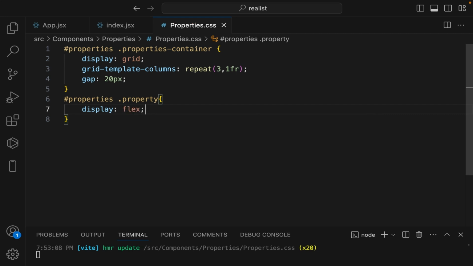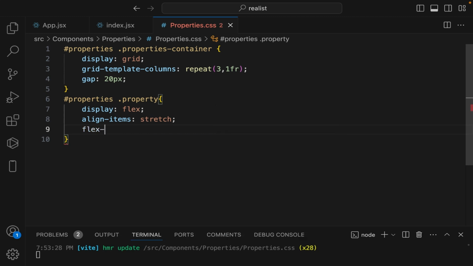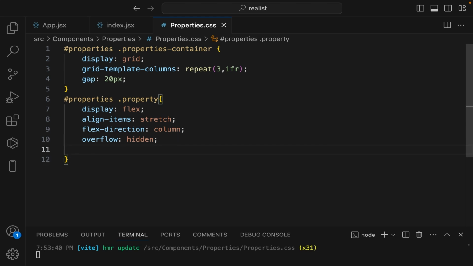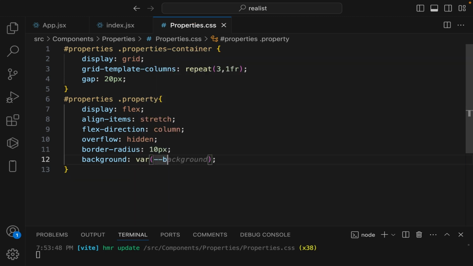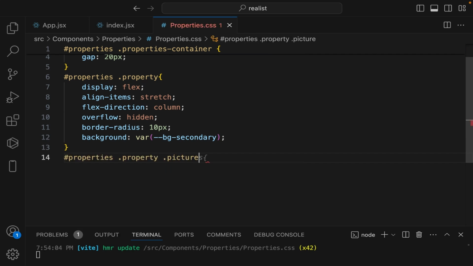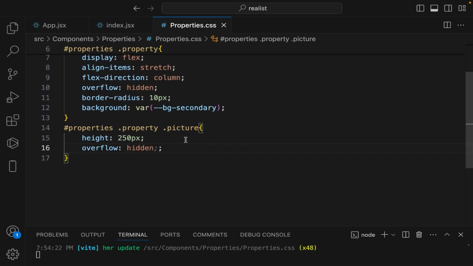Now let's select the property itself and display it flex. Align the items to stretch. The justify content is flex-start by default, so let's just leave it as it is. So the border now, border radius 10 pixels, and the background should be BG secondary. Now let's select the pictures. The picture, give it a height of 250 pixels, overflow hidden,